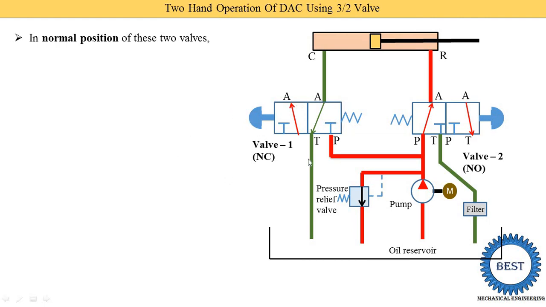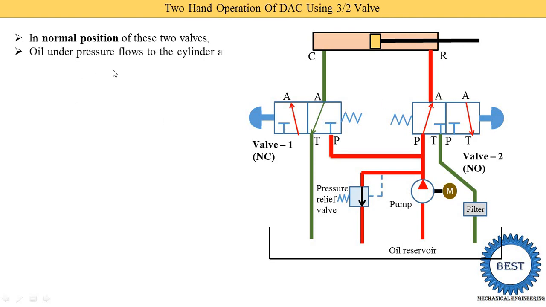So why do we need to use one normally closed and one normally open valve? Because in a double acting cylinder, when we supply the oil from one side to the piston, at the second side the oil is returned to the tank. That's why we require one valve normally closed and another valve normally open. Suppose we use both valves normally open, then the system will not run for a double acting cylinder.